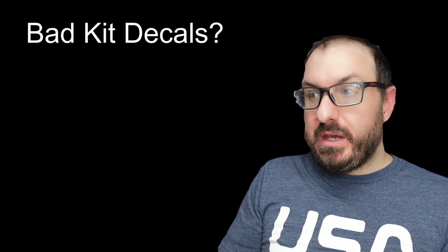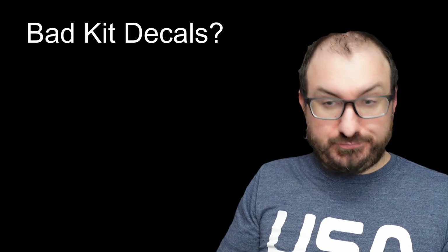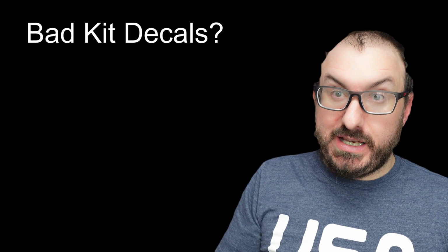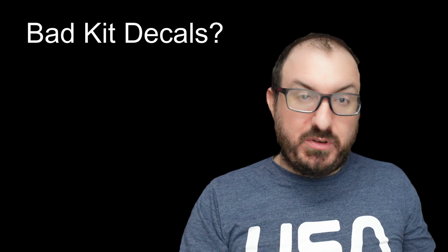The other thing too, where this idea that you always got to gloss comes from, is the old days when there were really bad decals. And if I'm going to be applying some really bad decals, I'm probably going to gloss. I need every chance I can get to get that decal working properly. And some of them,